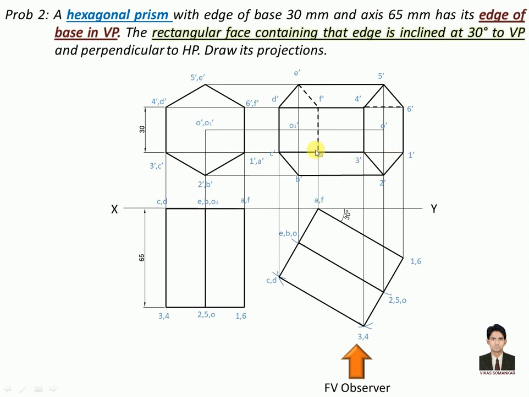In that, some part of the line to be drawn from A' to 1' will get covered by a line drawn from C' to 3'. So that much part of the line will not be shown as hidden. The rest will be seen as a hidden line. So let's draw the remaining part. By this we complete the third point of the guideline for completion of the projection view. So we have drawn all edges of the hexagonal prism. Only the axis is left. So we will draw the axis from O' to O1'. This completes the solution of the problem.